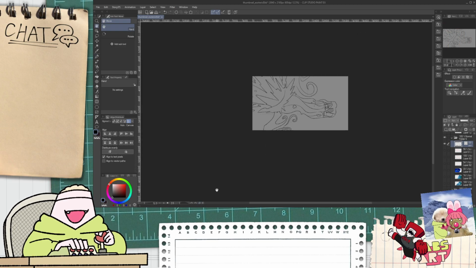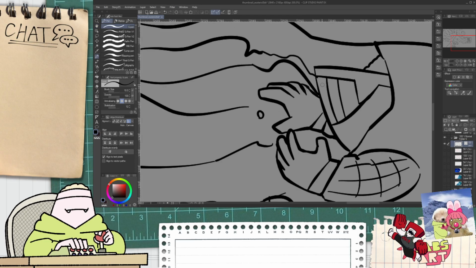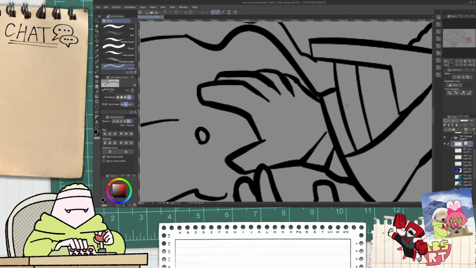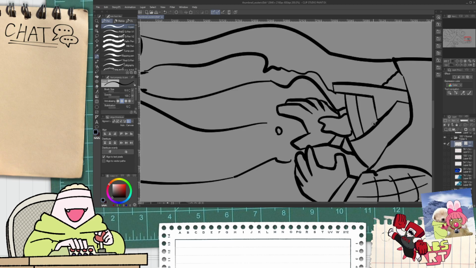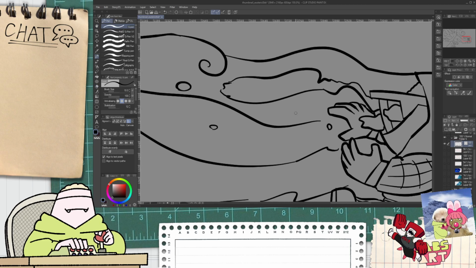I think it's gonna have more impact once it's fully colored, but... Yeah, and maybe just adding more of these air bubbles that are escaping.